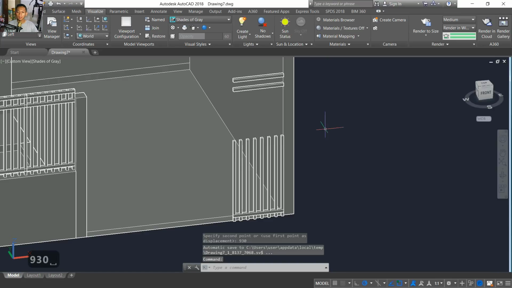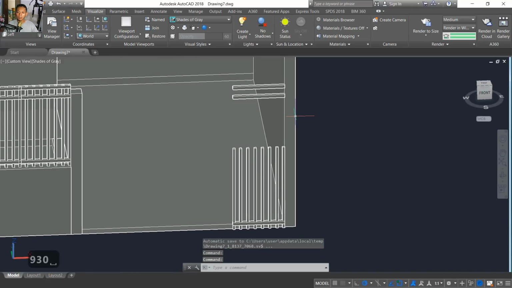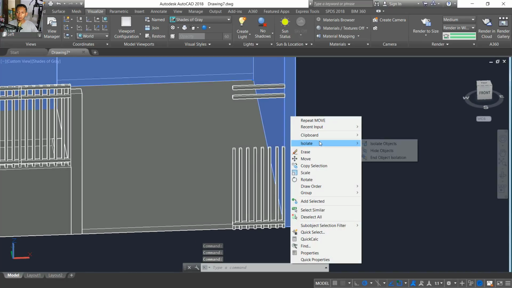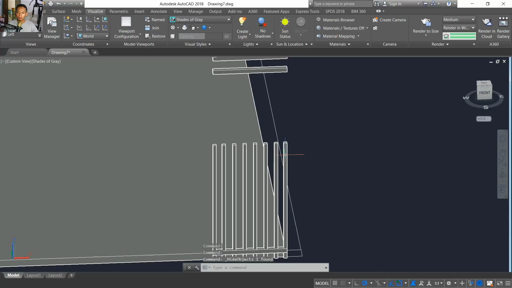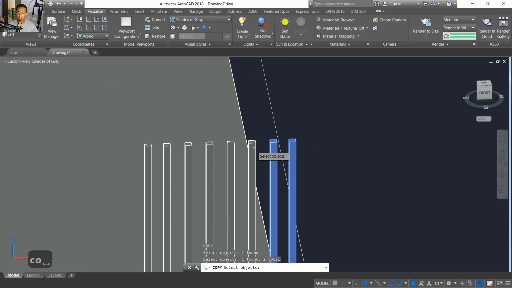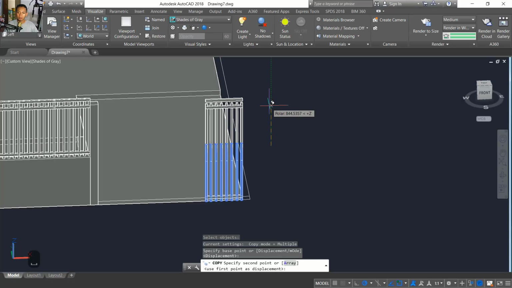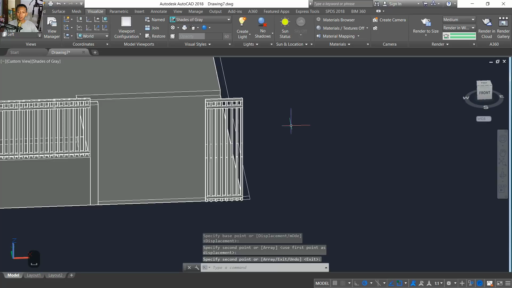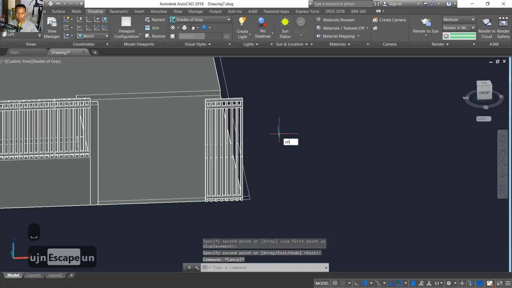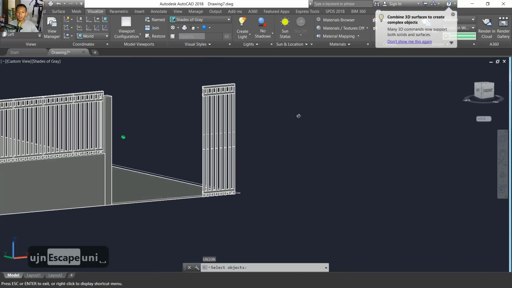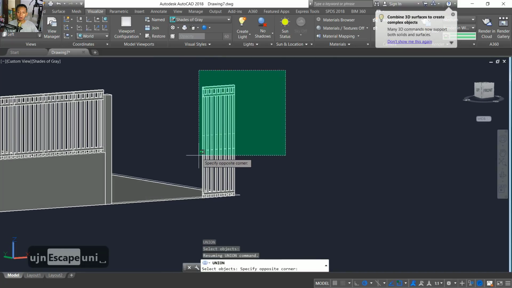930, and then I will select this object, right click, you can hide object. We can copy this object, you can select one by one. Okay, and then you can copy to the top here. Okay, now you can use union command. Okay, to combine this all object,